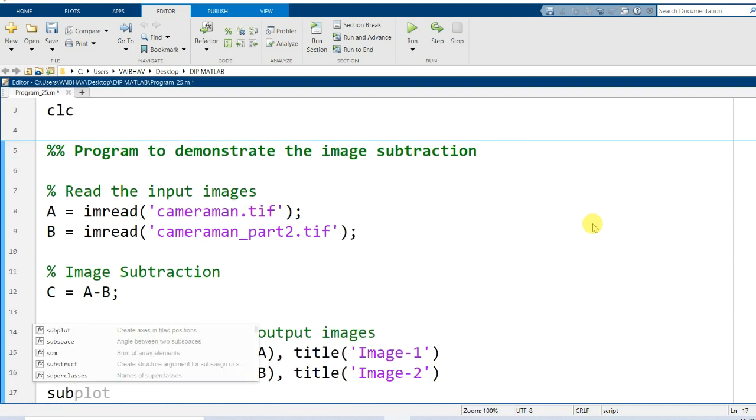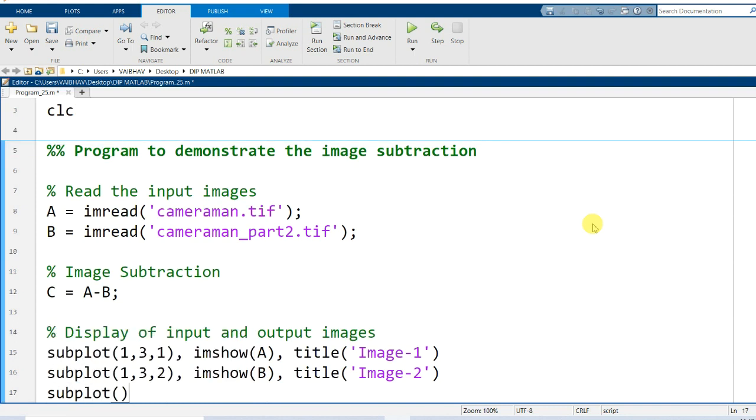So lastly, I go for displaying the result of this subtraction in the last cell here. So 1, 3, 3, it will be imshow. The input argument here will be the variable capital C that has stored the result of subtracting the two images here.